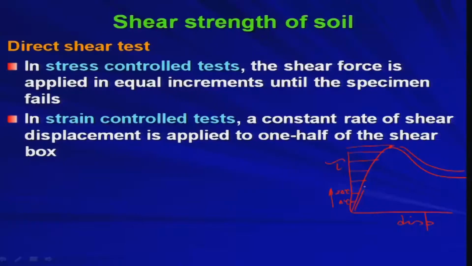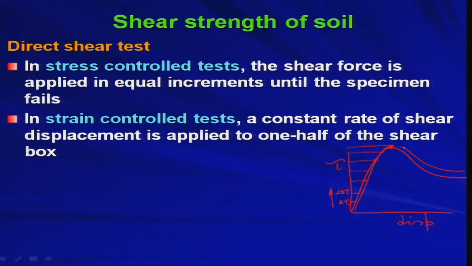So, this rising part you can capture by increasing the stress with the same increment. That means you are controlling the stress and you are getting that. Once you reach the peak, this falling part you cannot control with the increase in stress, right. From this point to this point you cannot increase the stress, rather stress is decreasing, strain is increasing, the displacement is going on increasing, but your stress is decreasing. So, this falling part you will not be able to capture by stress control test, whereas the same thing if you do that